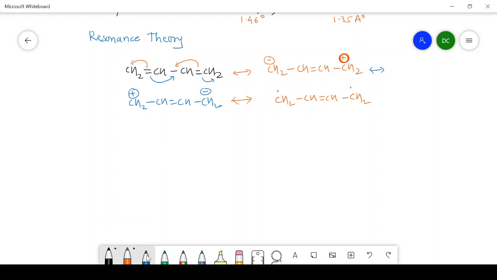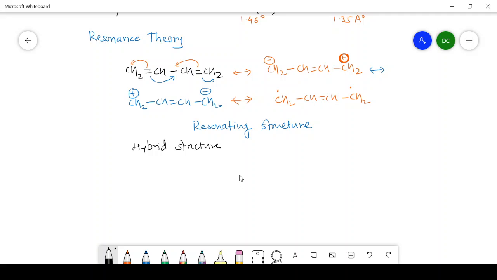In this way, we can write a number of resonating structures of the butadiene. These are the resonating structures, or we call them canonical structures of the butadiene, just by shifting the double bonds, and we get dipolar structures or diradical structures. And all these resonating structures, when they combine together, then we get a hybrid structure of the butadiene, and the hybrid structure that can be written